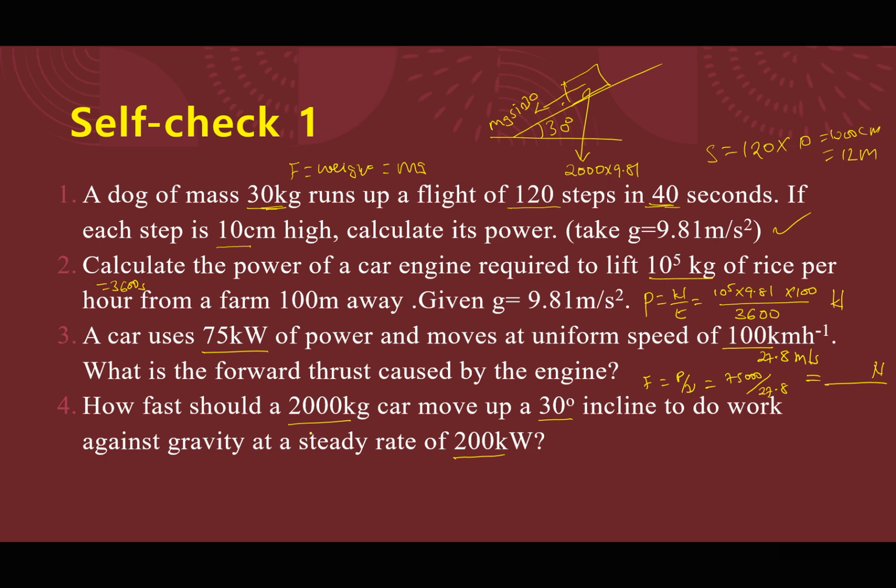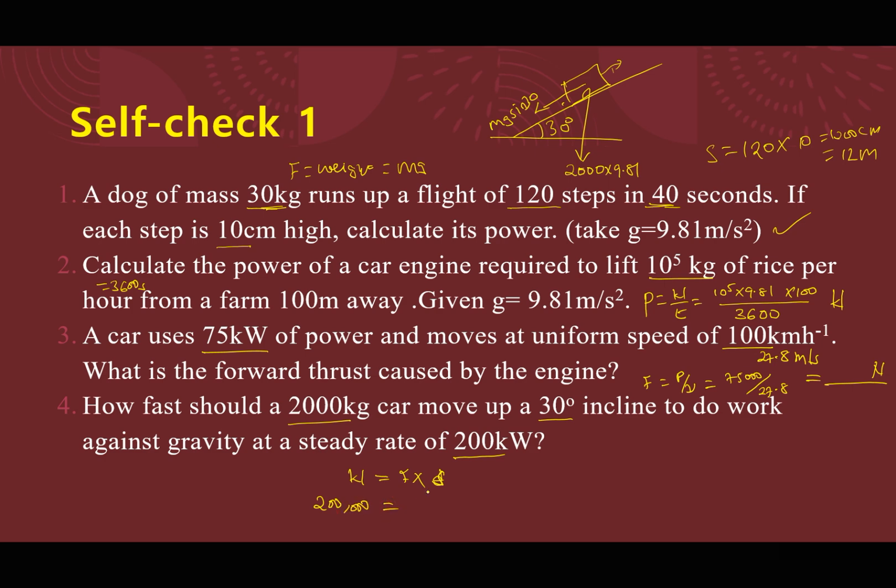So how fast should a 2000 kilogram car move up a 30-degree incline to do work against gravity at a steady rate of 2000 kilowatts per hour? So it means it should be moving at a constant speed. So the force upwards is equal to the force downwards. So it means if there is no friction, then we shall say the work done is equal to the force times the distance, or the s. The work done is